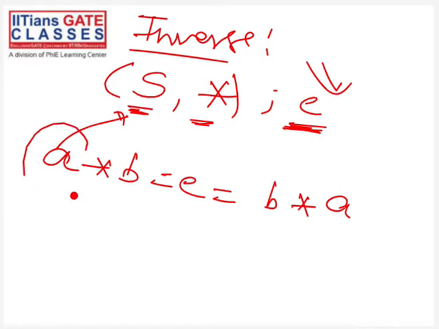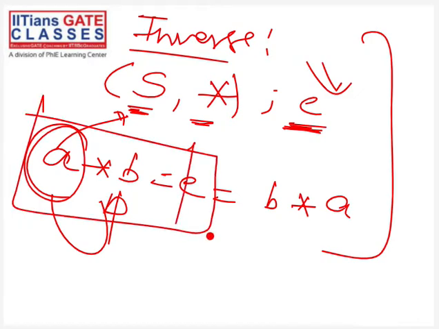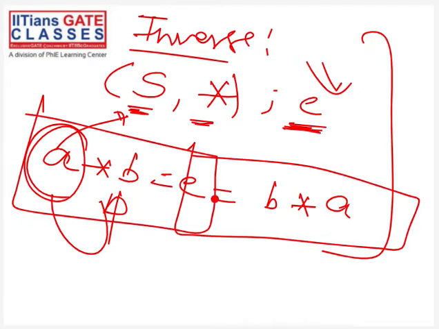So basically, if you take any element A and if you can find such B, then you will say that this B is inverse of A. So this is the formal definition of inverse. You need to check this side also. But of course, if your operation is commutative, then A star B is equal to B star A, so you do not need to check both sides. If your operation is not commutative, then you will definitely need to check both sides.